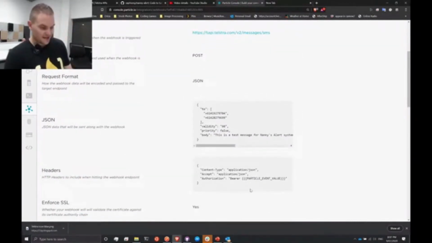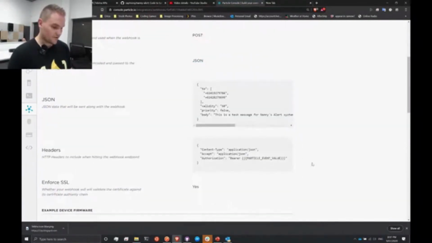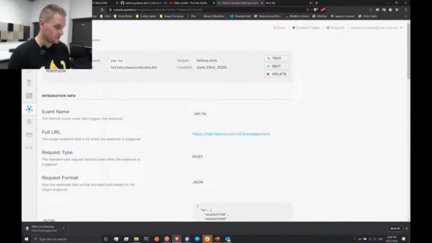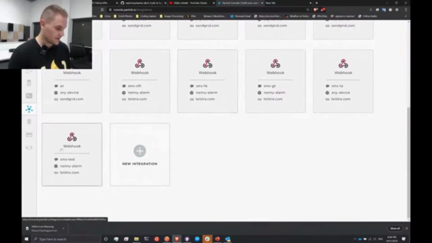So you can see here, what you actually want to put in bearer is particle event value. This is what gets sent from the controller. It'll be called the particle event value, and I'll show you what that links to shortly. So if we go back to this demo,